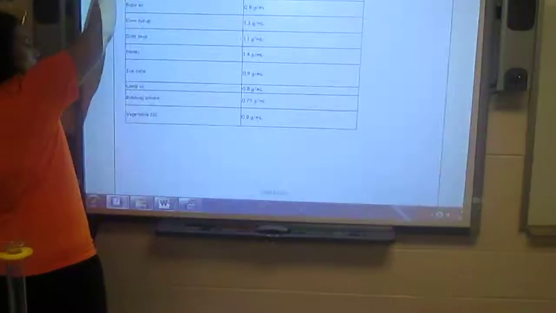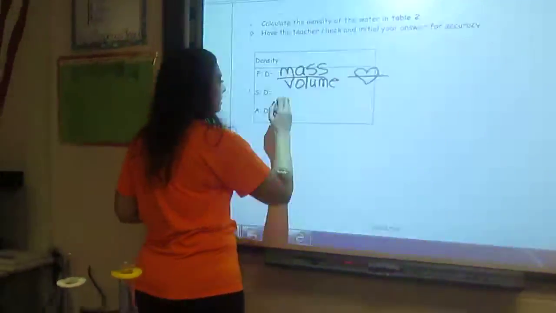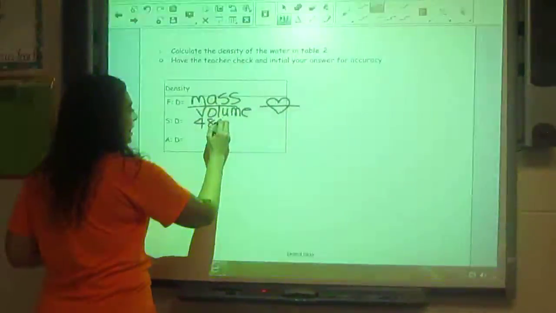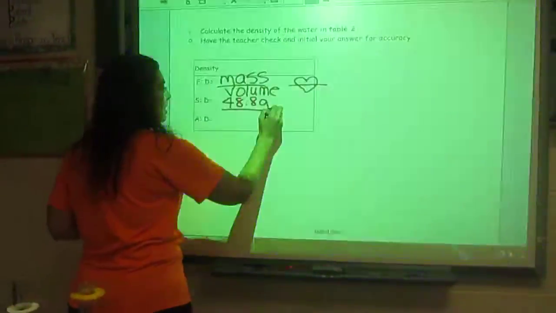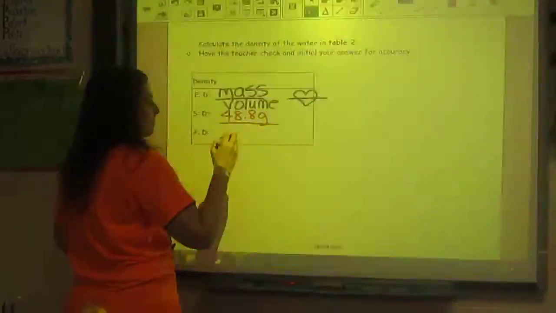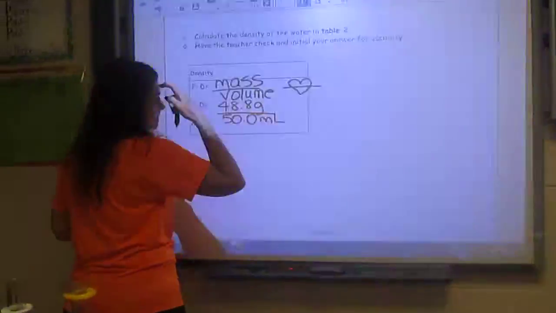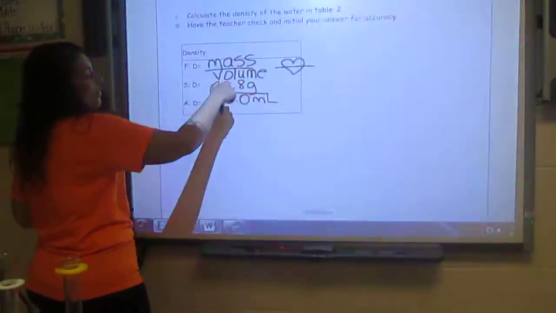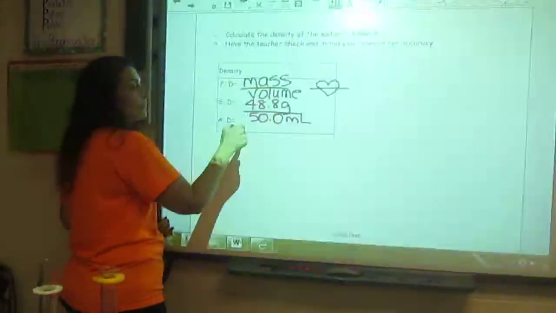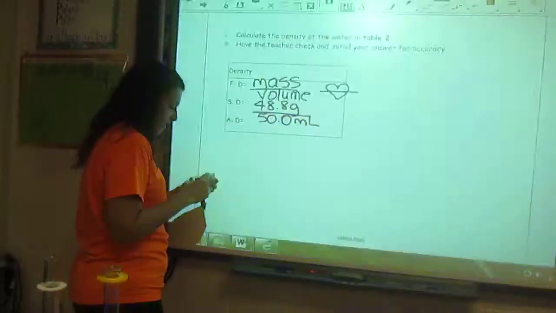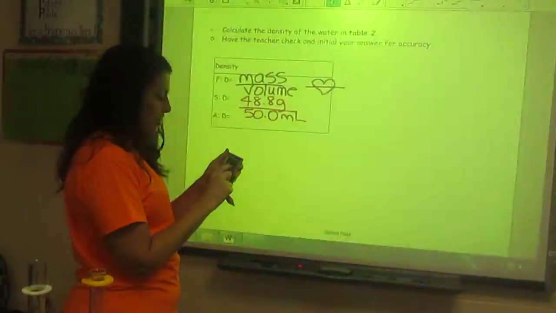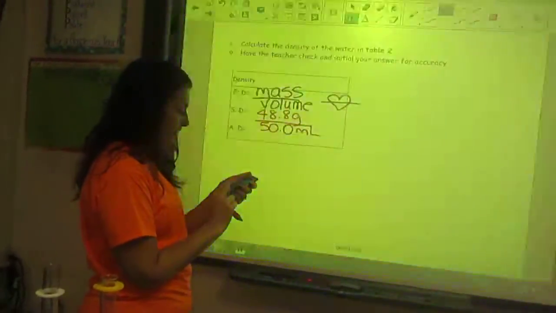Let's see what that is. The mass is 48 and 8/10 grams. Let's go back. 48 and 8/10 grams. No naked numbers. The volume we poured in, 50 milliliters. 50 and 0/10 milliliters. Last step, we want to make sure that we divide. What are we dividing? 48 and 8/10 divided by 50. So what goes in the calculator first? 48 and 8/10 divided by 50. And we get our answer to be